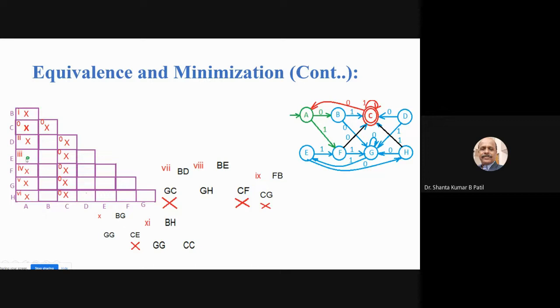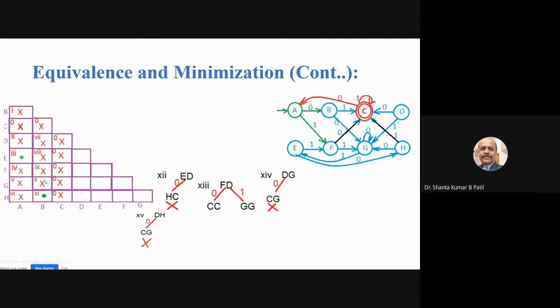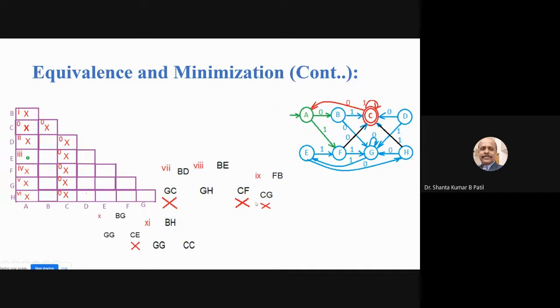AE, it is similar. Keep a dot mark. Like that, you can take this new pair, that is BD. BD is constructed, and for BD you can again find dissimilarity. BD is dissimilar. Next, B is also dissimilar. B and F is dissimilar, B and G is dissimilar, whereas BH is similar. So you can see BH is similar.